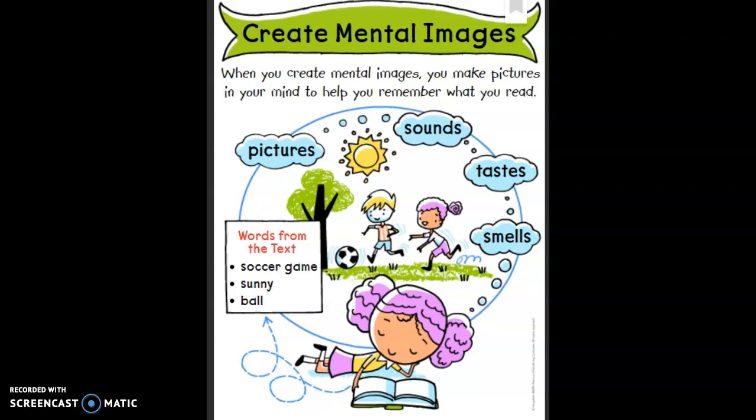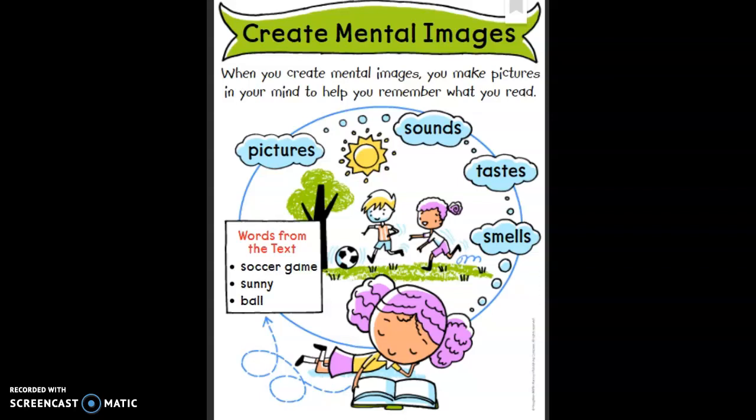Hello again, second graders. Remember that when we read, authors often use describing words to help us create mental images or pictures in our minds of what is happening. When you create mental images while reading, it's like watching a movie in your head. Authors may use words that appeal to our senses of sight, hearing, taste, and smell, and those describing words help